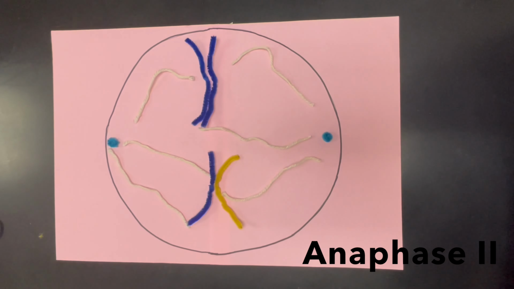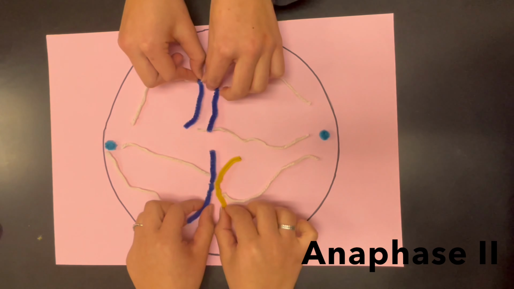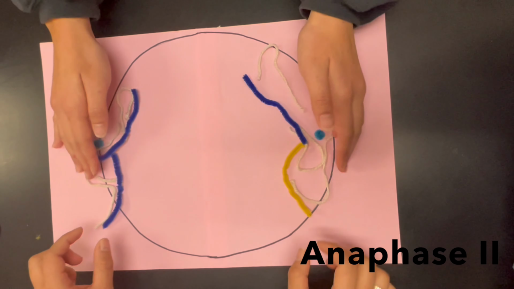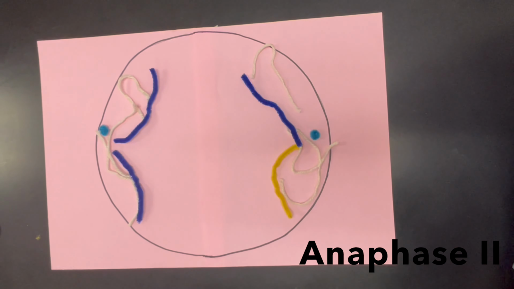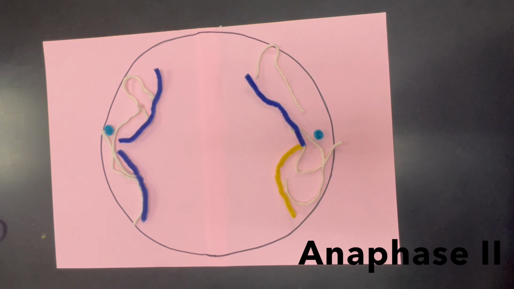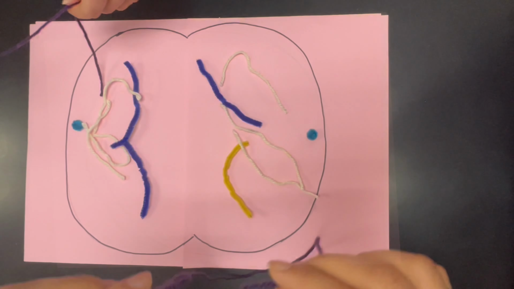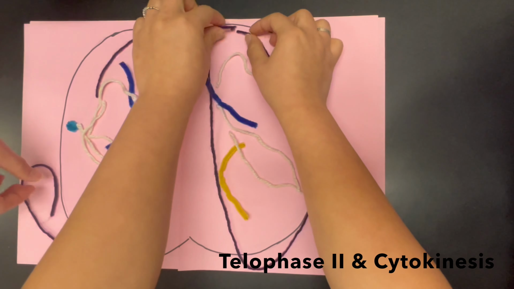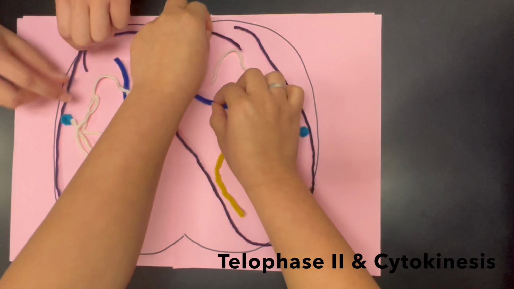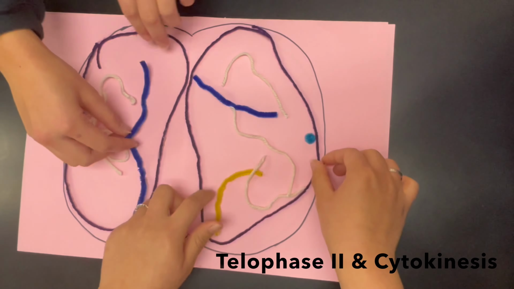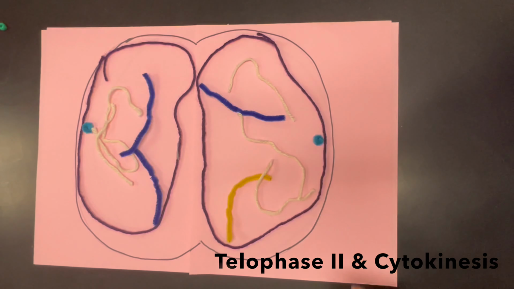In anaphase 2, proteins break down and the sister chromatids separate at the centromere, moving towards opposite poles as individual chromosomes. Lastly, in telophase 2 and cytokinesis, the chromosome begins condensing and cytokinesis forms, creating 4 haploid daughter cells at the